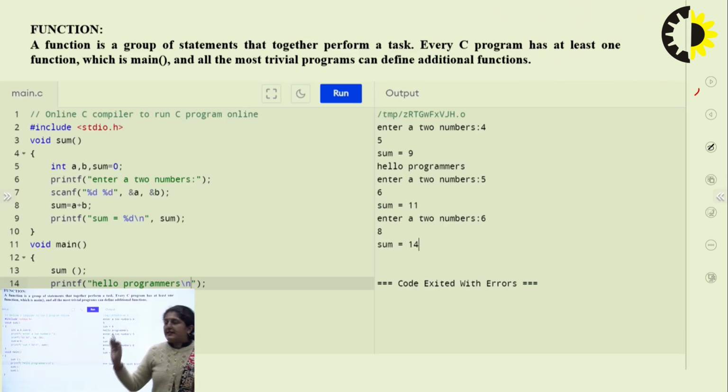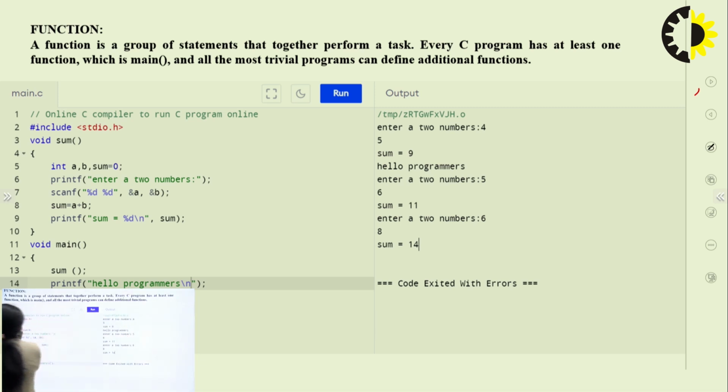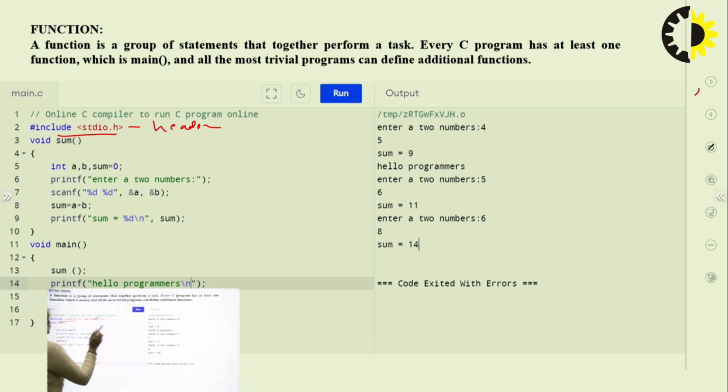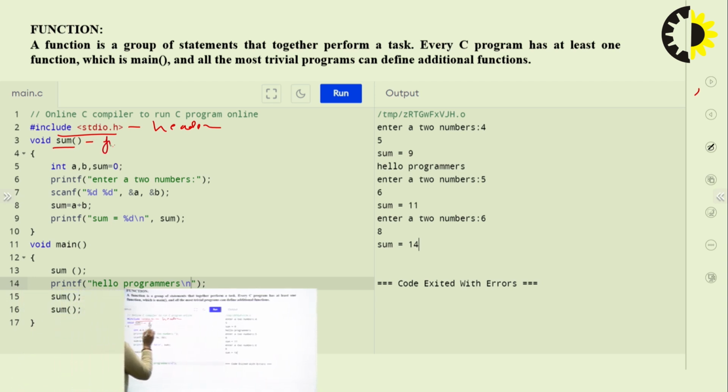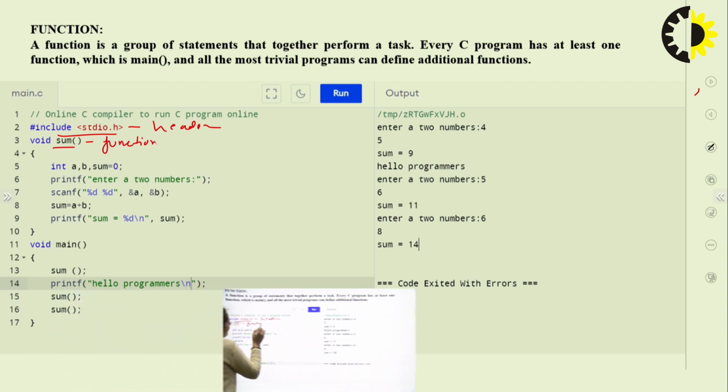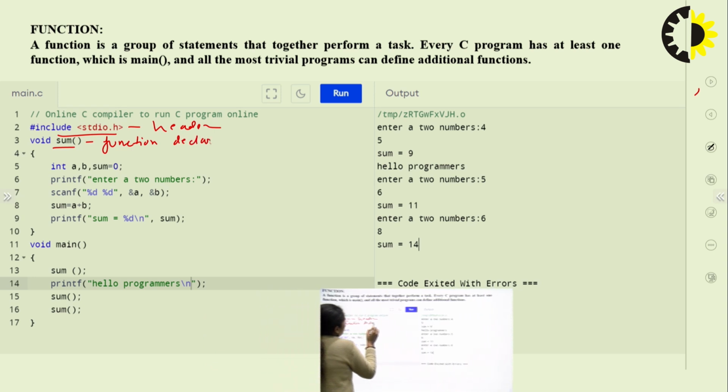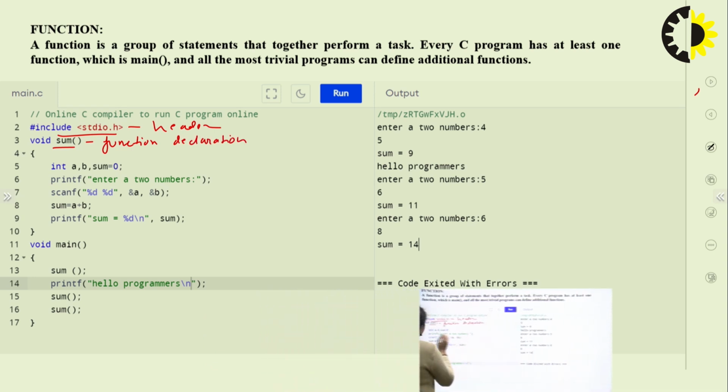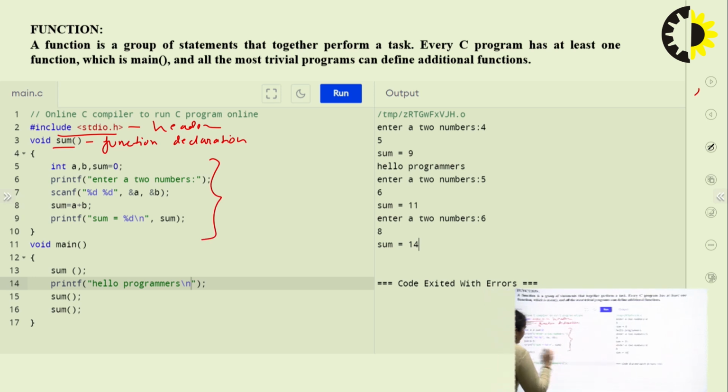So let us see this with an example. I have taken the header file. In the program, I have declared a function, void sum. Under it, some statements are there, like the example I showed you: int a, b, c and sum equal to 0.